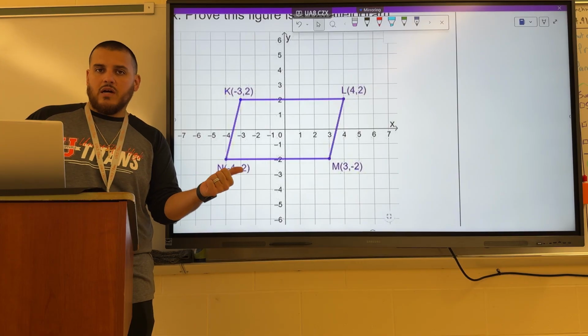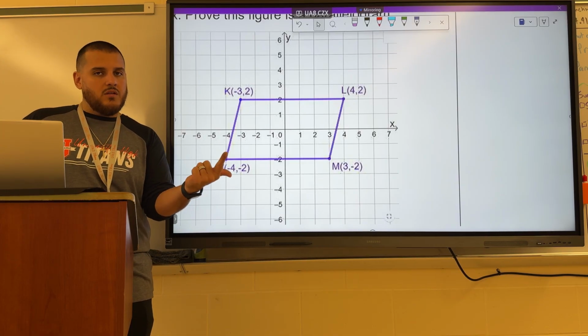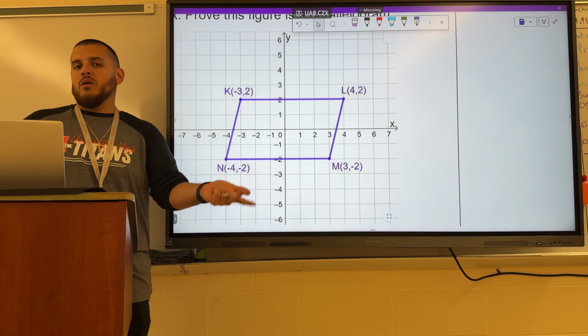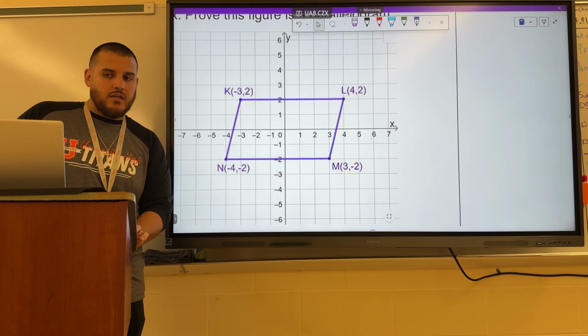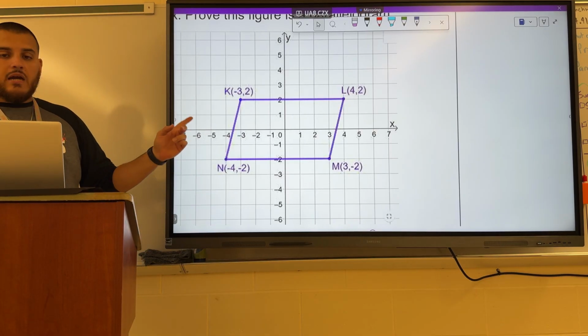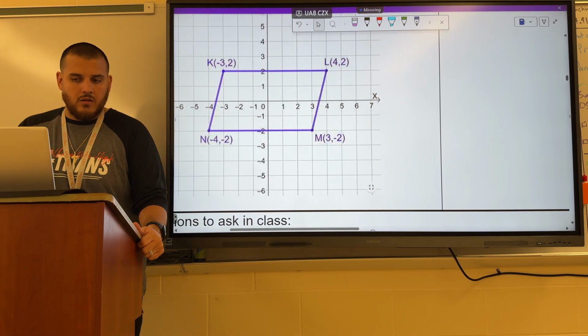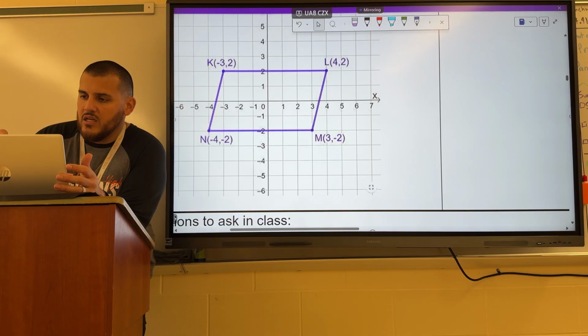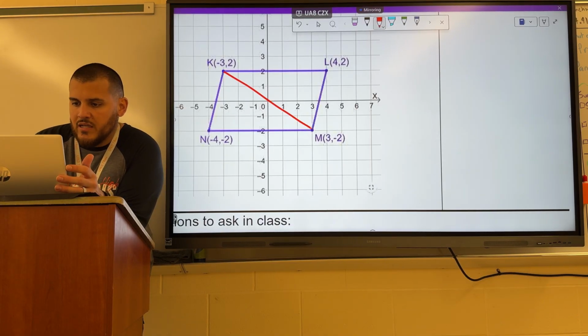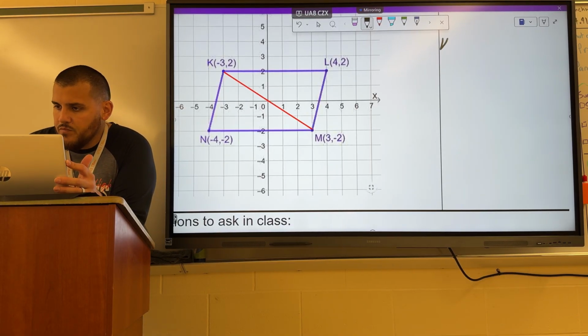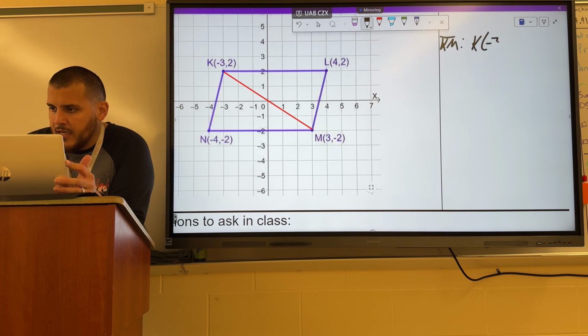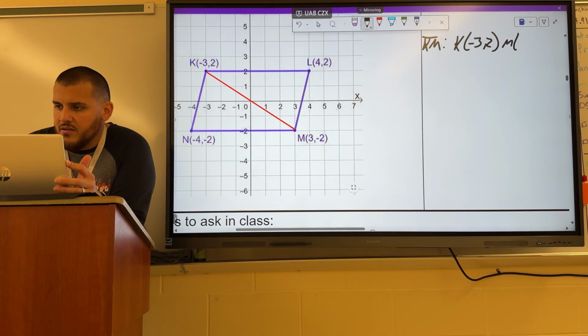Distance formula to prove opposite sides are congruent, slope formula to prove opposite sides are parallel, midpoint formula to prove diagonals bisect each other. For this one, we're asked to prove it's a parallelogram. I'm going to use the midpoint formula to prove it's a parallelogram, show that our diagonals cut each other in half. So here's one diagonal, KM. I'm going to be organized here. I'm going to say point K is at -3, +2. Point M is at +3,